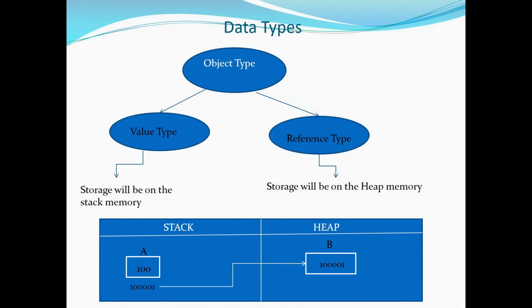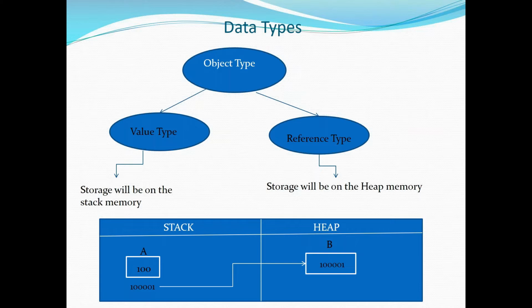And how will the system decide how much memory has to be allocated and reserved for that respective variable? That you will have to decide as a developer. While designing each and every data member, you should also tell the system about memory allocation. So how do you decide that? The allocation will be done based on your data types.